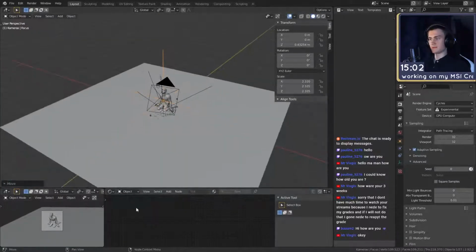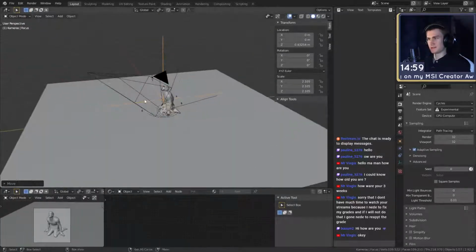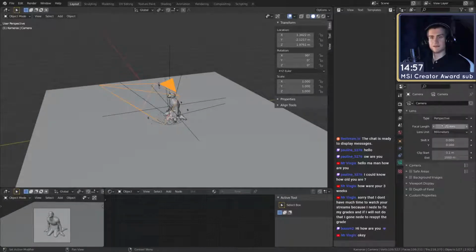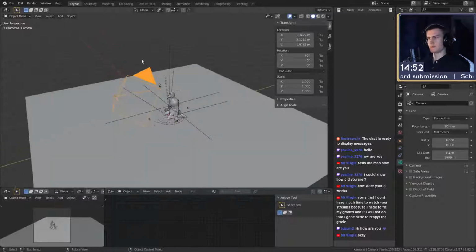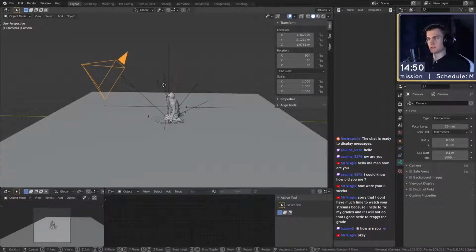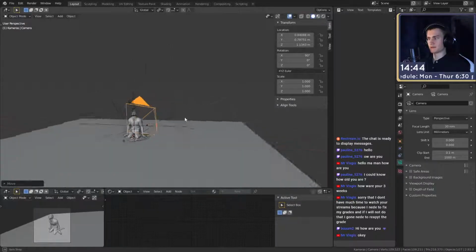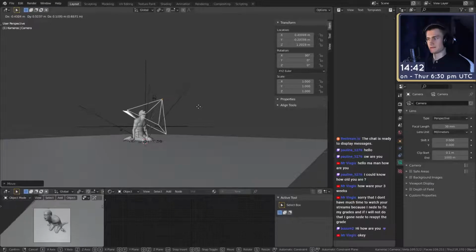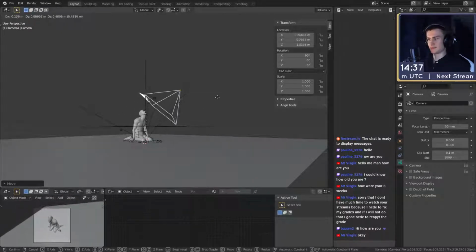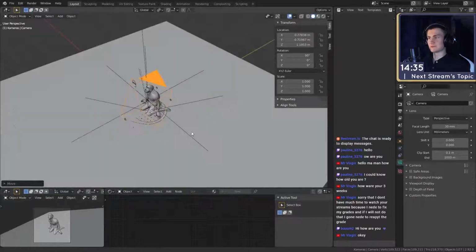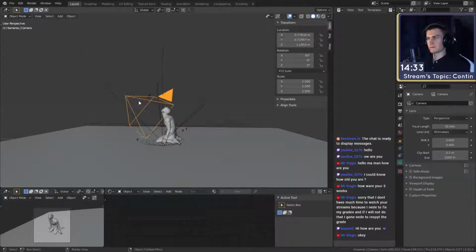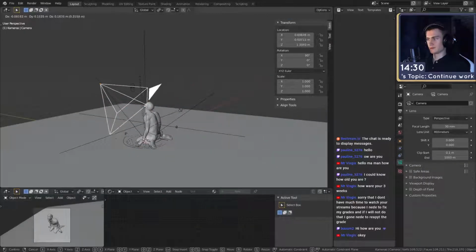Okay, now I'm gonna frame my image. Let's make it more dramatic. We need less focal length, maybe 30, to make it really dramatic. This gives us more distortion, which gives it a more drastic perspective. You can see right there, his head is super big, and then his lower body is pretty small. That's just because of the lens distortion, which can help make something look more dramatic, which is what I'm looking for.